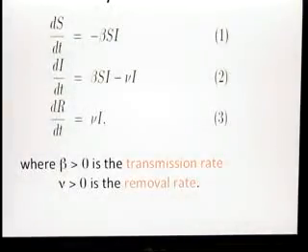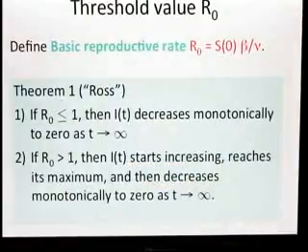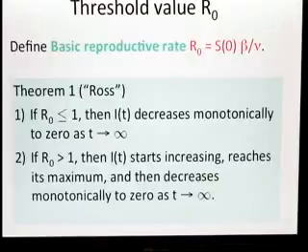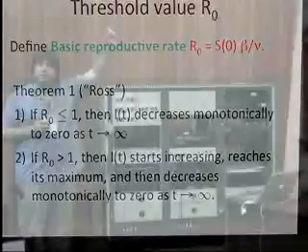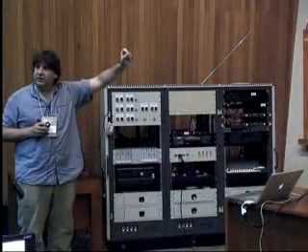So this is the model that we've been talking about. I proved what's called the threshold theorem. So we defined what I call the most important quantity in epidemiology, R naught, the basic reproductive rate, which is defined, well, this is the definition using the model. And I just stressed that this involves F0. So this is a number which is determined at the beginning of the outbreak.